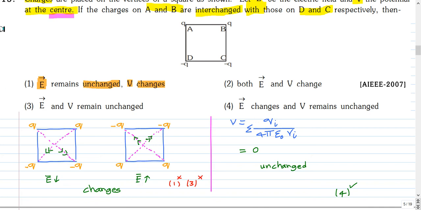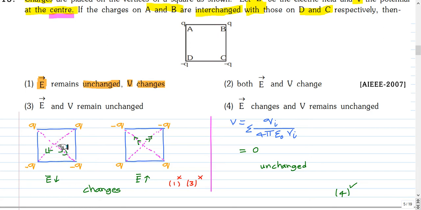So the charges are located like this. Electric field is force on a unit positive charge. So let us assume that the charge q is positive. That will affect the answer of this problem. Because of this charge q here, there will be a repulsive force in this direction, and because of this minus q here, there will be an attractive force in this direction, and due to the charge q here, there will be a repulsive force in this direction, and due to this minus q, there will be an attractive force in this direction. So the net electric field of all these 4 point charges will be vertically downwards.